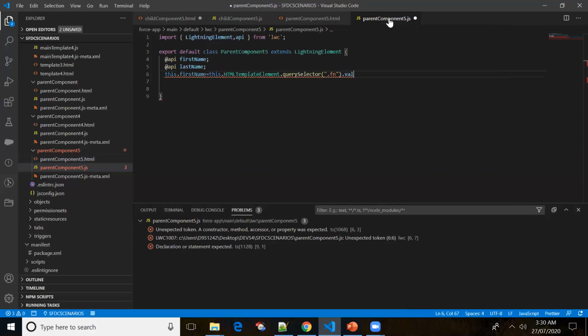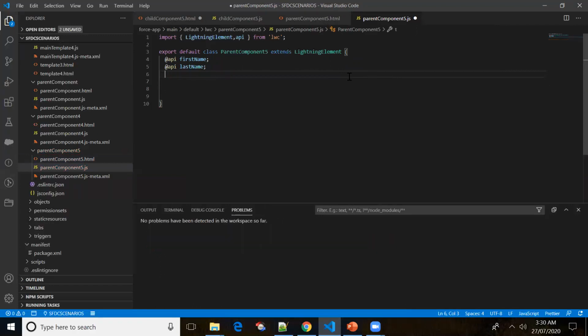Since I want to get the value, dot value. So let me put template. This dot template dot query selector. Okay, so let me remove this. Why are we getting an error? Okay, got it.